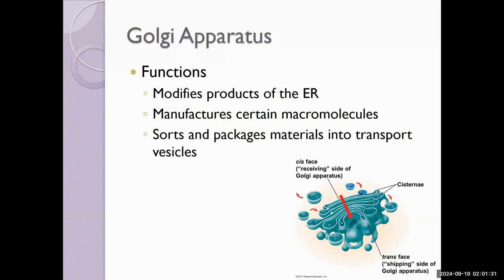The Golgi apparatus is constantly in flux, pinching off bits and getting smaller, and receiving bits and getting larger. The Golgi apparatus modifies things that are received from the endoplasmic reticulum, sorts and packages them for long-term deliveries across the cell, or even to neighboring cells. And in the Golgi apparatus, the small raw materials that come in can be sorted in such a way to build the requisite macromolecules in-house.